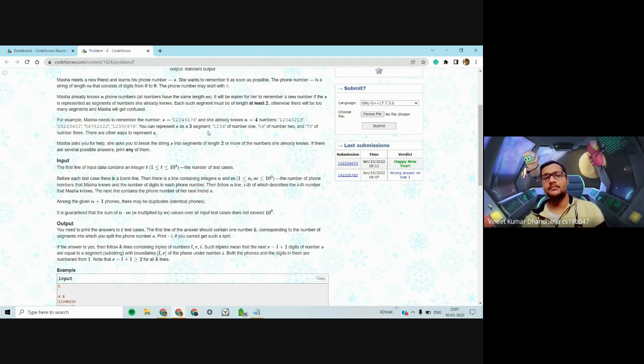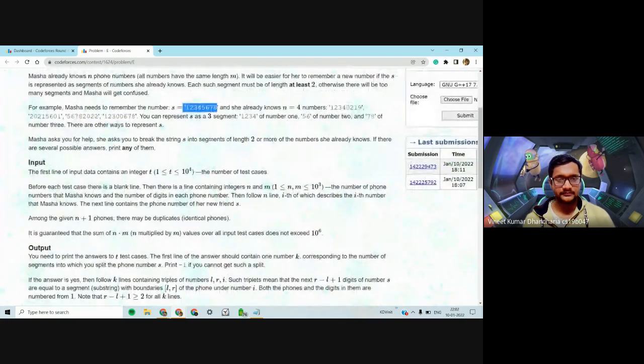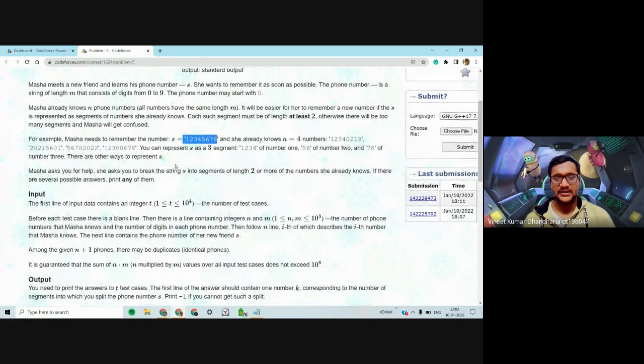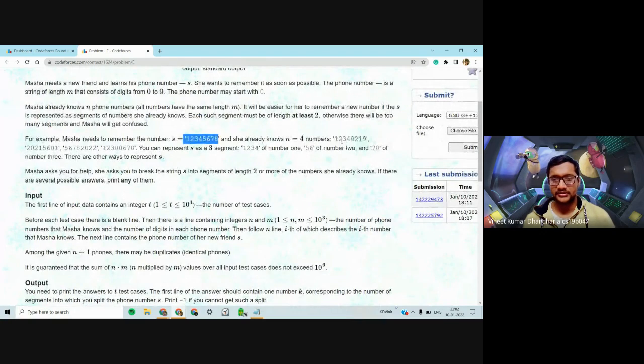So how does Masha remember her phone number? The new phone number must be a combination of segments of the previous numbers. Let's say the new phone number that you have received is 1 2 3 4 5 6 7 8, and previously you knew these phone numbers.